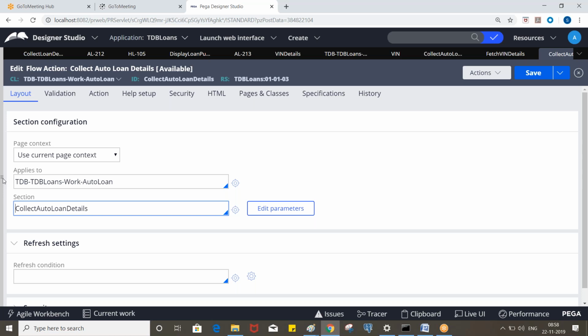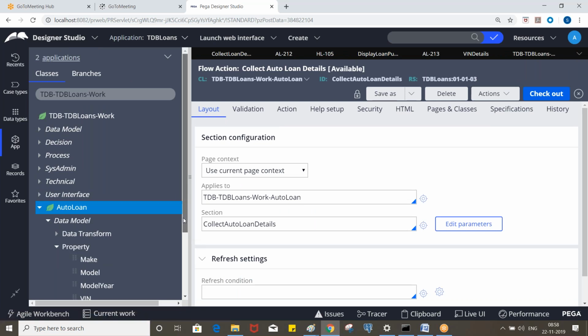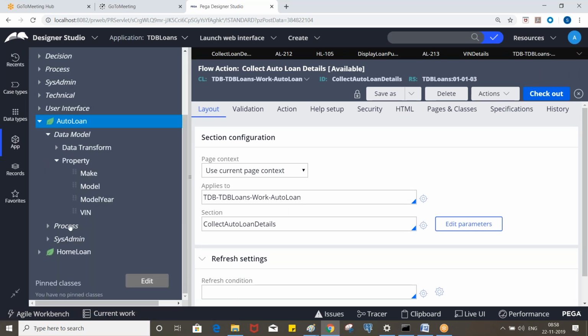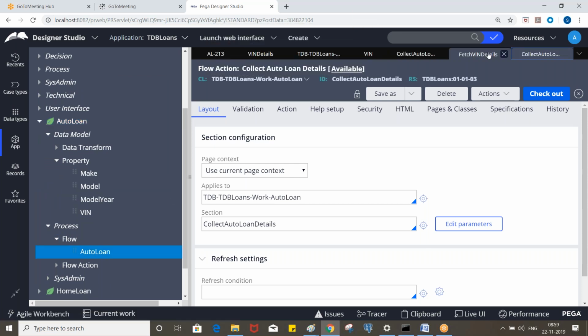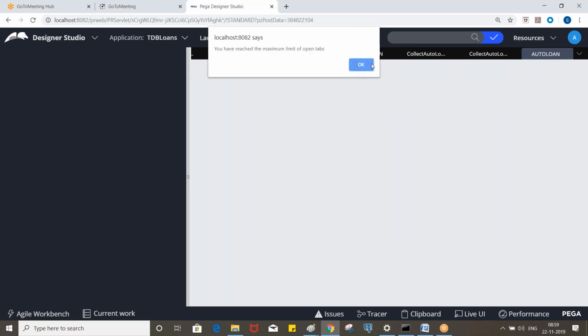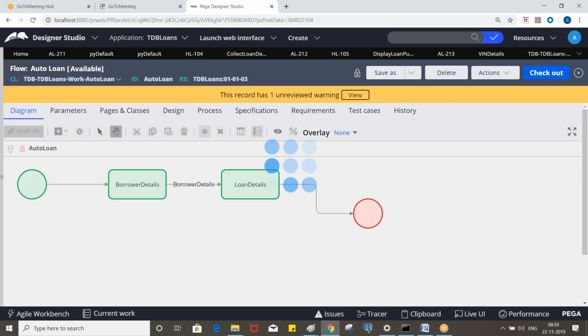So now let's go to the auto loan flow and invoke the flow action. How can we invoke the flow action?